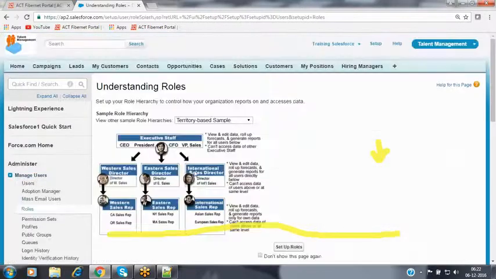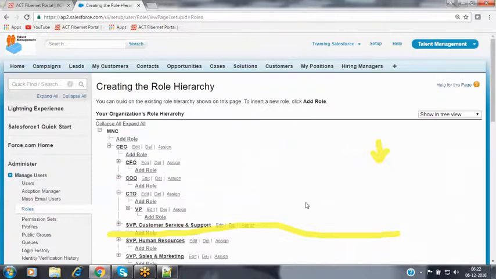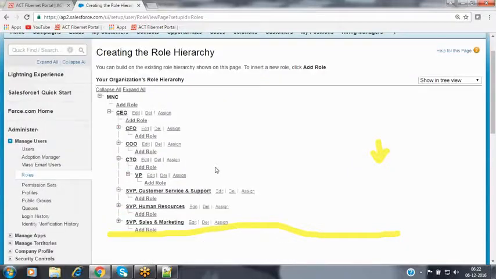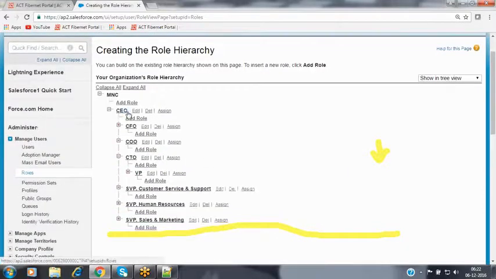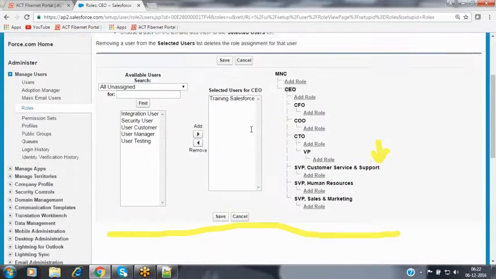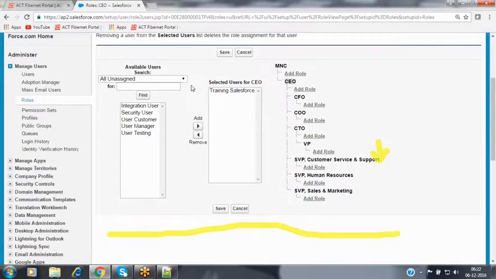Let's go to roles. Click on setup roles. You will see that the CEO role is available. Beside the CEO role, you will have an option called the assign link. Click on the assign link. All the users will be populated over here.